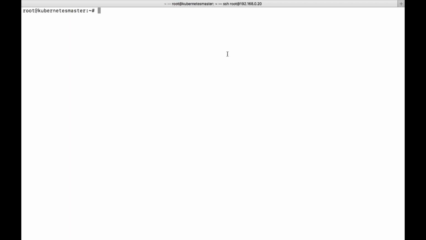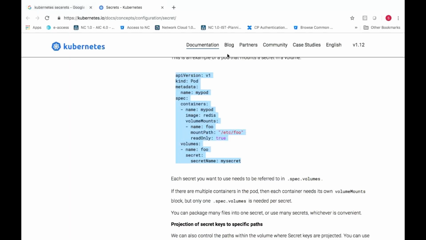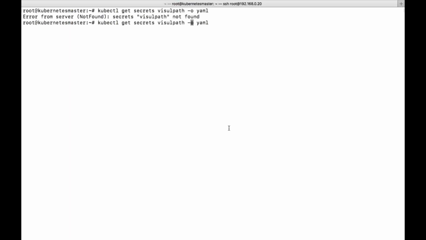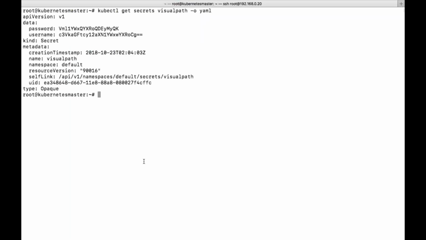Now let's see how to use this secret and pass these values to your environment variables. This example tells you how to use whatever data is present in the secret. Let us say in the secret I have mentioned many data, like username and password. If I use the secret directly, it will use both, and you can see it has created files called username and password. From this, I want to use only the password. So what do I need to do?